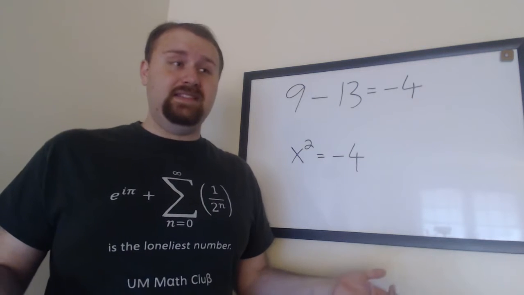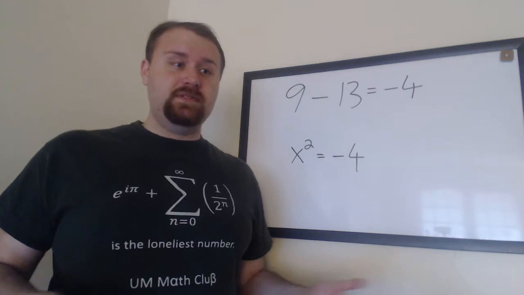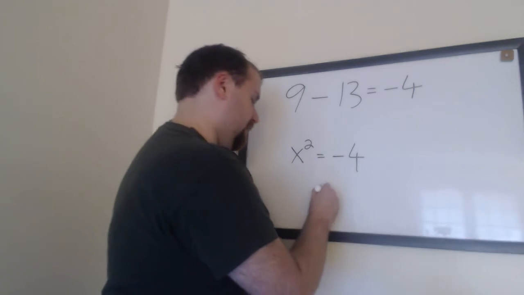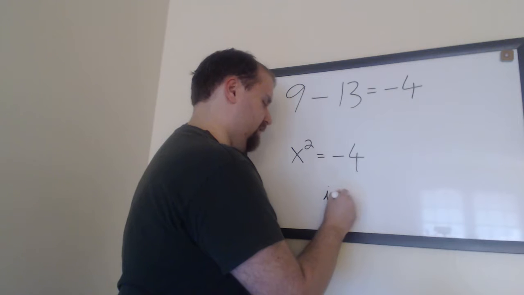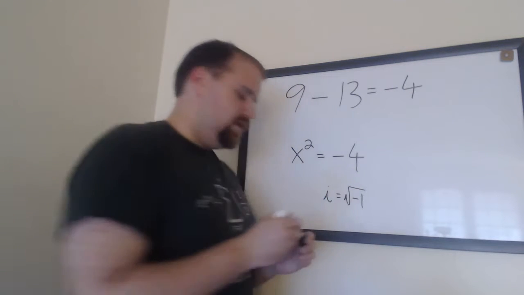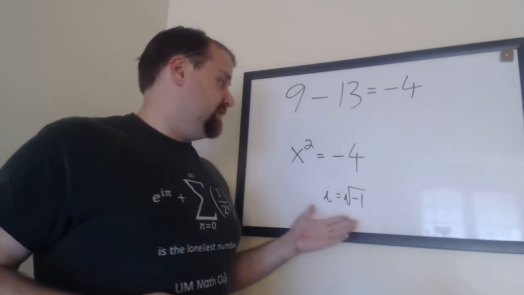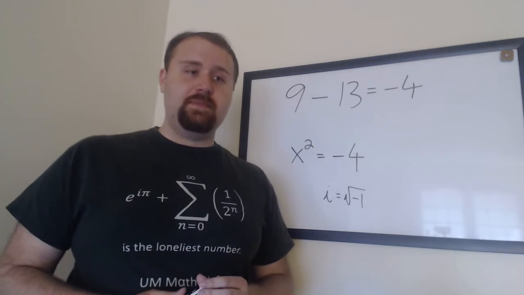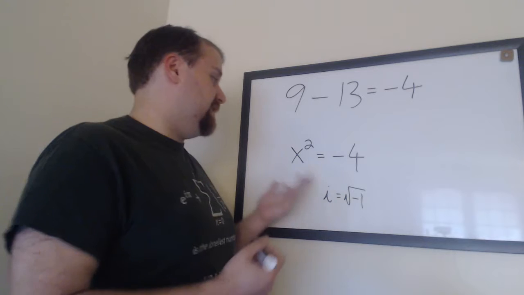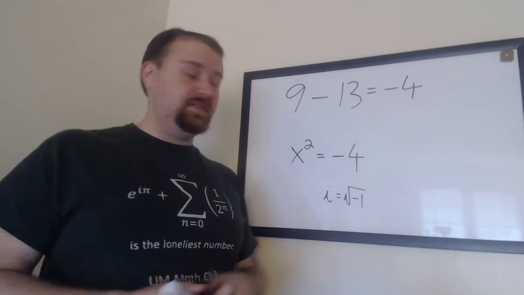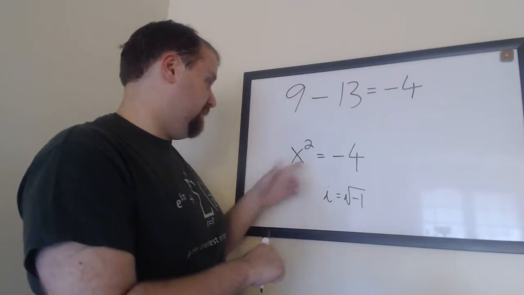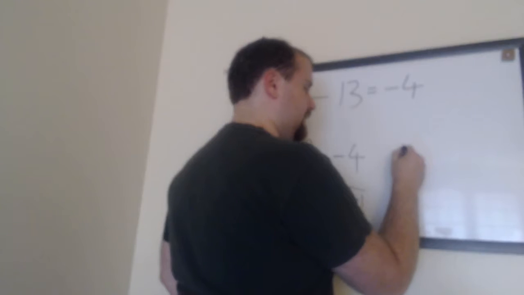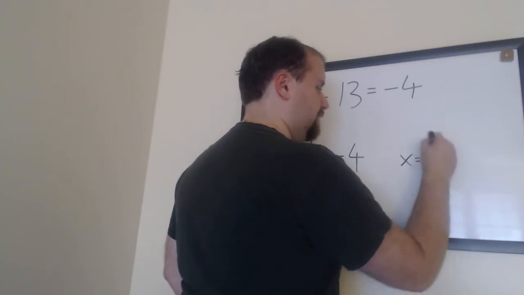Well, then we have things like the imaginary numbers, our i, the square root of -1. So this is a consequence of allowing this sort of thing to happen by essentially taking square roots of negative numbers. For example, in this case, x is simply the square root of -4,